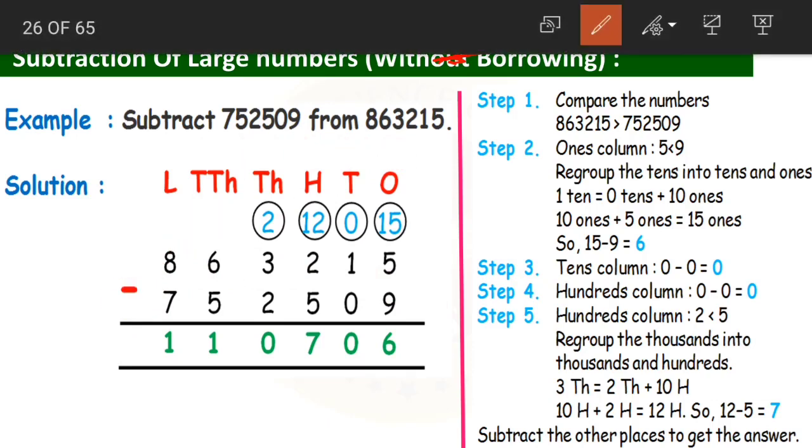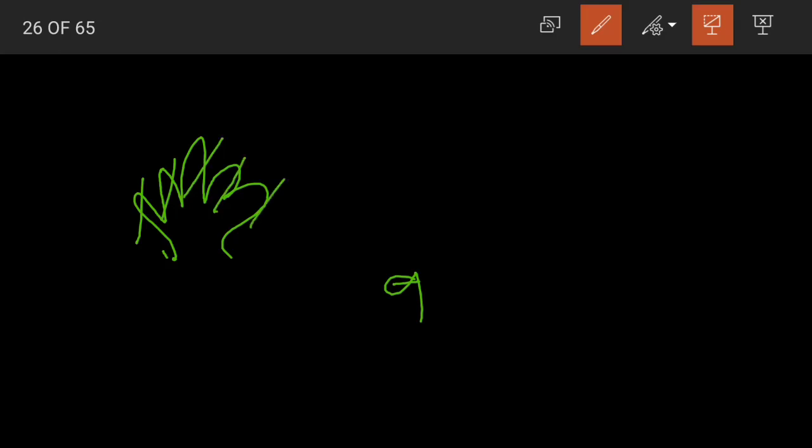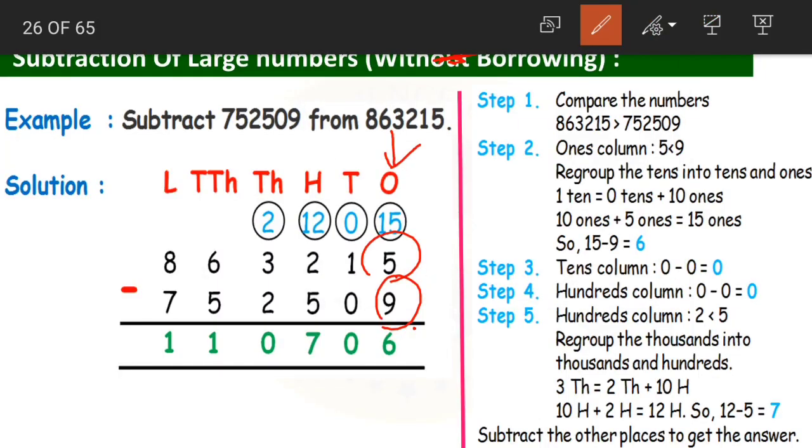Now how do we start subtracting? We start subtracting from the ones place. Yes, children, we start subtracting from the ones place. Now here we are having 5 minus 9. See, you are having 5 fingers, and from that you have to close 9 fingers. 1, 2, 3, 4, 5. You can only close 5 fingers, right? You cannot close 9 fingers. So what do we do here? We borrow. We do not have the sufficient numbers here, so we borrow from the next number.